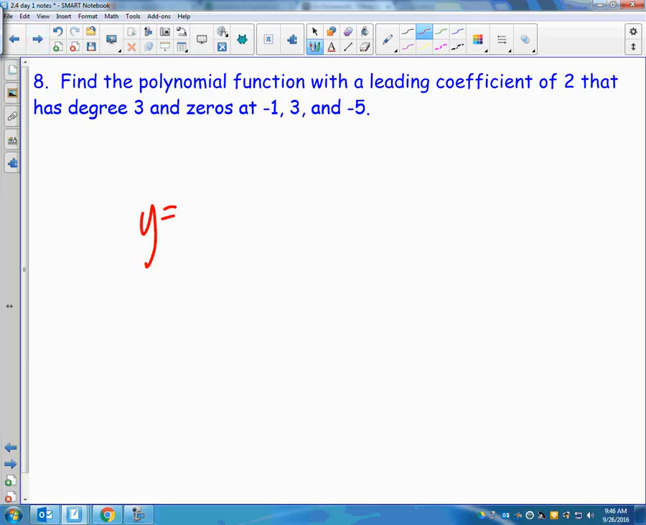I'm just going to start with y equals. You have to do that. If you're writing a function, you have to write y equals or f of x equals. What do you know if you have a 0 at x equals -1? If I want to go backwards, what was it before I got x equals -1? What was the factor? Is that the same as saying x plus 1? So if they give me the zeros and I want to write the polynomial, I just have to go back to the factors. So if 3 is a 0, the factor is x minus 3. And if -5 is a 0,